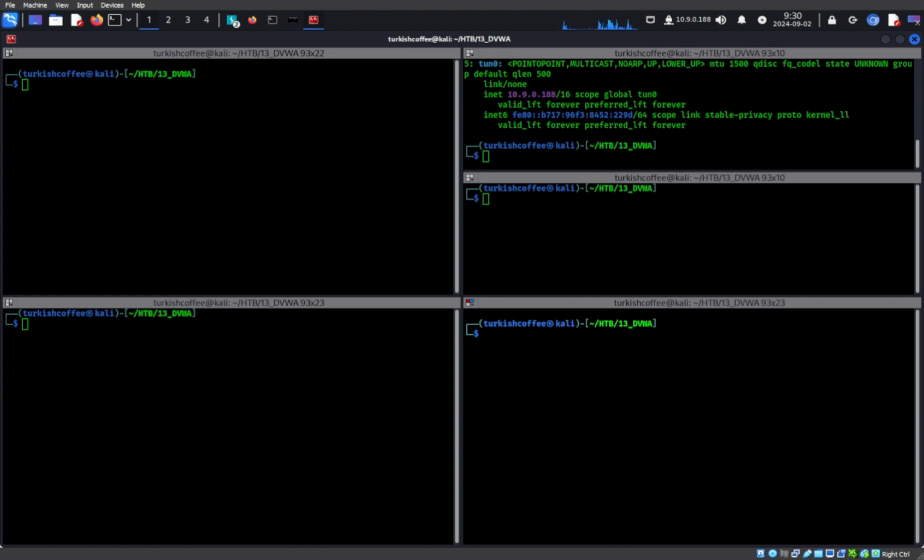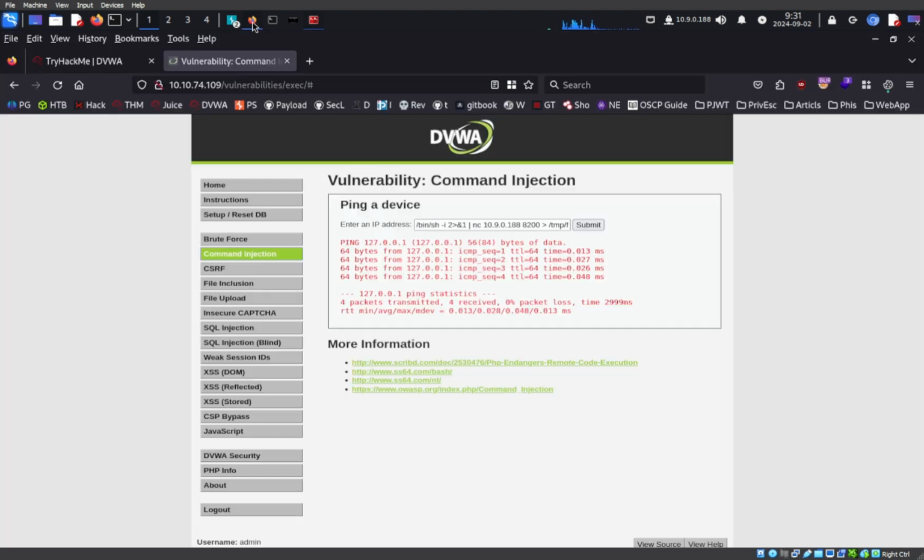So in the first attack, we were able to find the credentials for the login. On the second attack, we were able to get a reverse shell on the box. Okay, so let's go for the third attack. The third attack is going to be